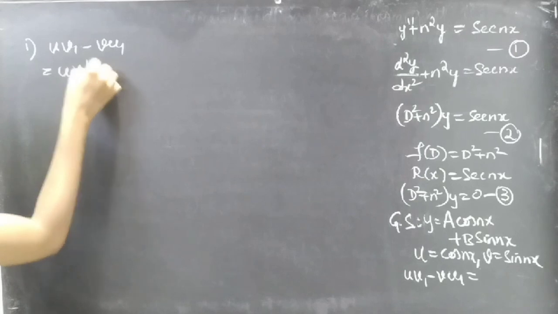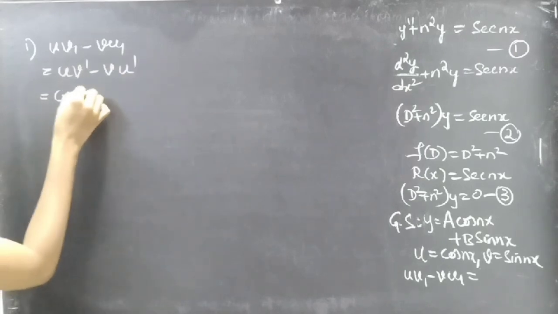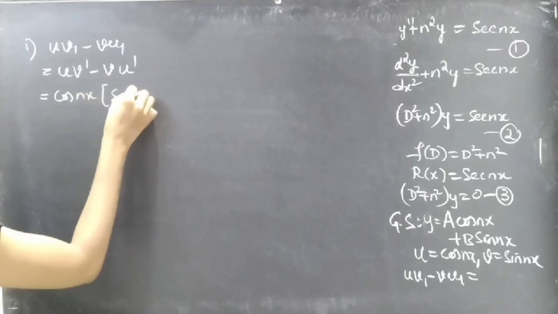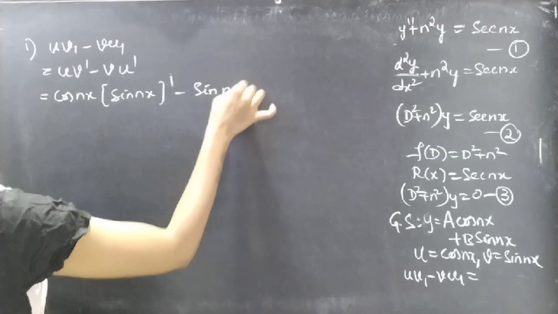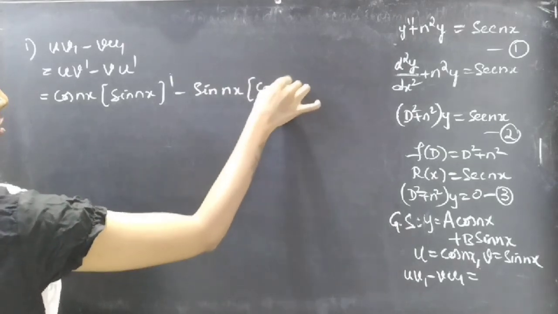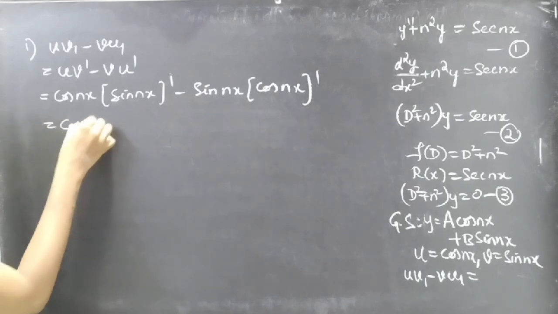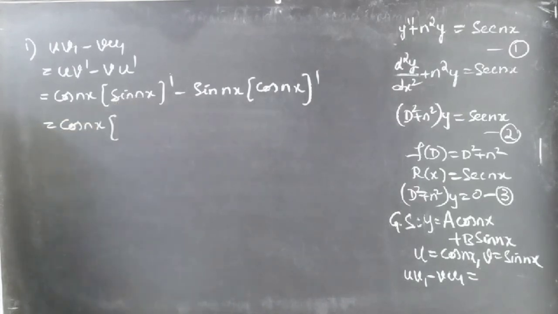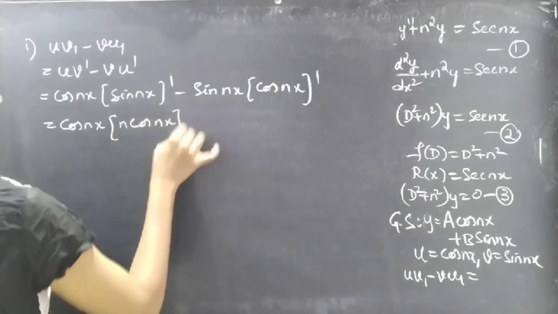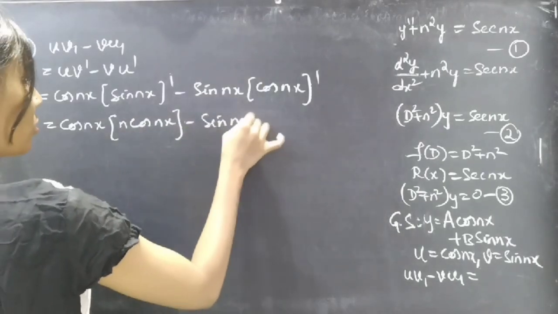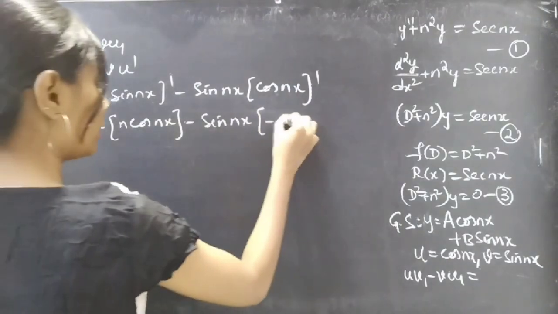v1 is nothing but v dash, minus v into u1 is nothing but u dash. This equals u, cos nx, into v dash, sin nx dash, minus sin nx into u dash, cos nx dash. It gives us cos nx into the derivative of sin nx with respect to x, which is n cos nx, minus sin nx into the derivative of cos nx with respect to x, which is minus n sin nx,